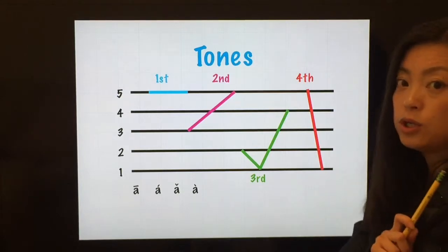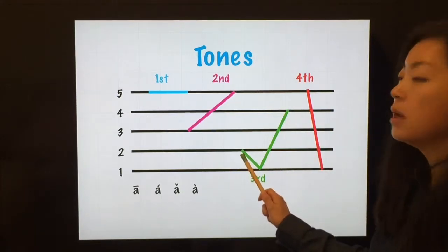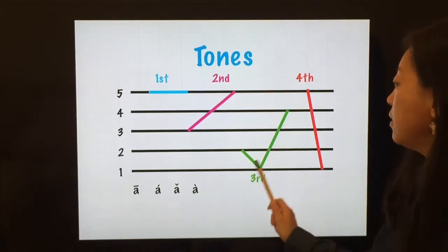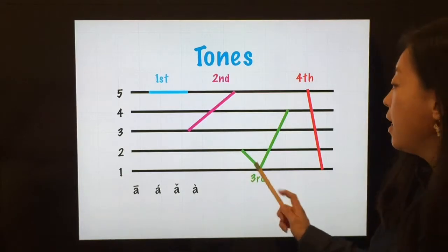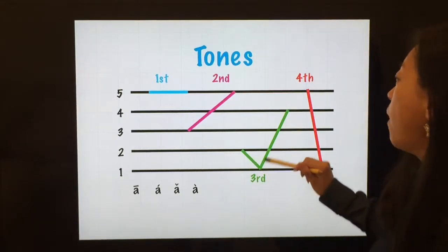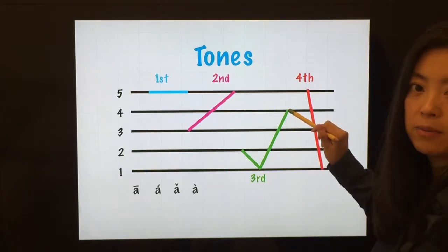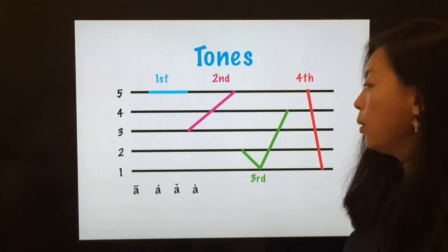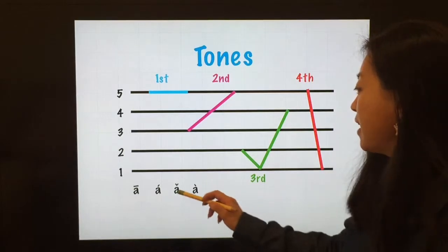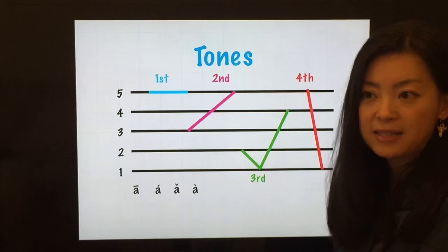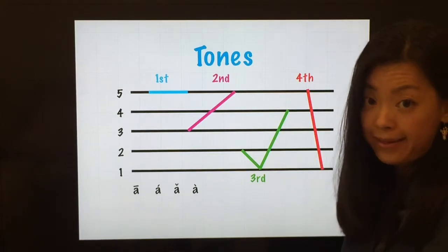Now let's see the third tone. For the third tone, you should start from a low position. Not here, not here. You start from here, a low position. Then you keep dropping down to the bottom. Then you raise up your voice, not to the highest voice, just here. So the third tone will sound like a. Like sometimes we say, well,